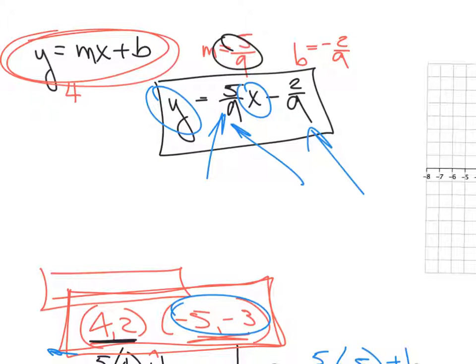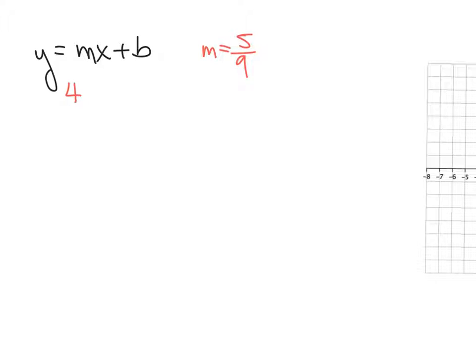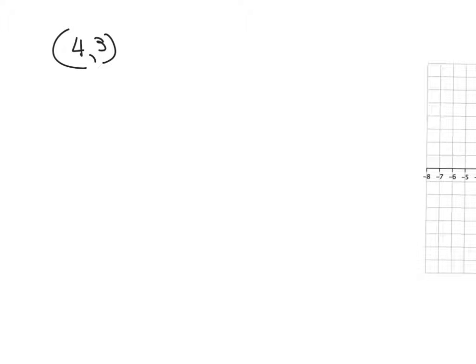Let's go to 106.3 and let's get rid of all this stuff. And 106.3 gives us the points 4, 3 and 4, negative 3. Okay, so we still have our y equals mx plus b, and again we're going to take